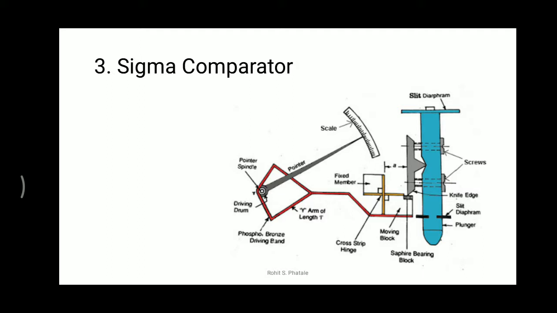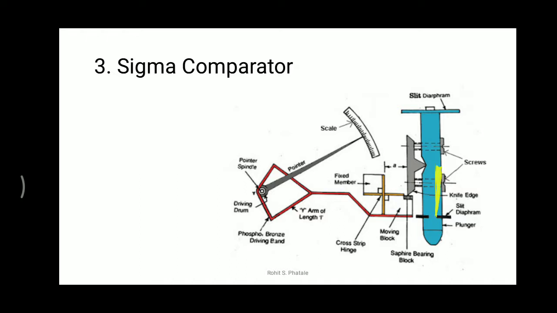The plunger will move up and down, and this up and down motion of the plunger is connected to this knife edge.